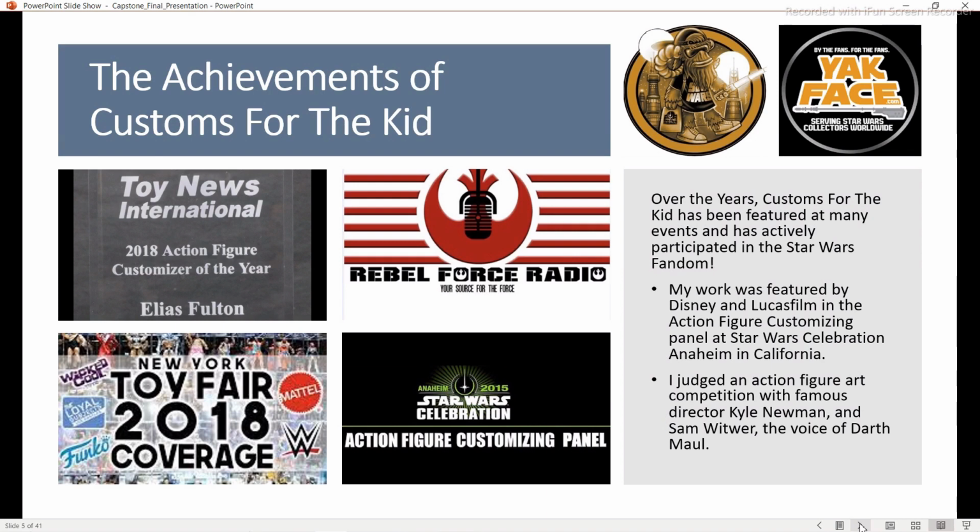the action figure customizing panel. That was hosted by Disney and Lucasfilm, which was really cool. And I have done an interview with Fantatrax. They're a pretty popular news platform in the Star Wars community. And Face could feature that a few times. They're also a pretty prominent news